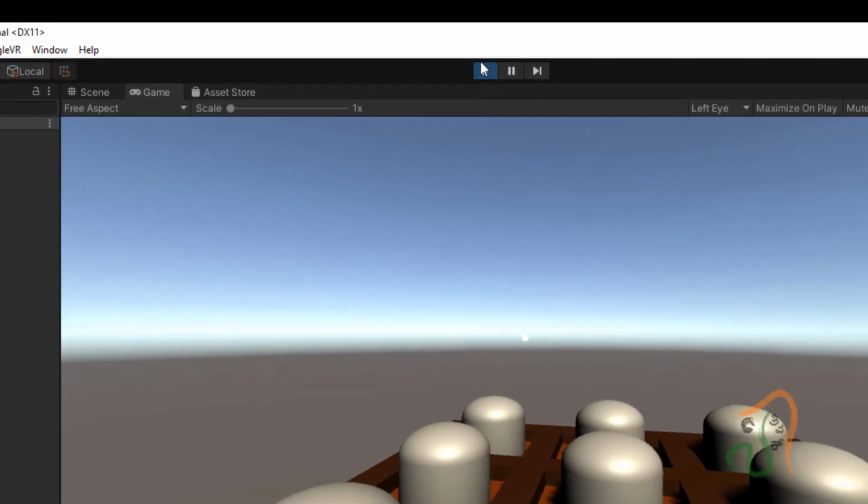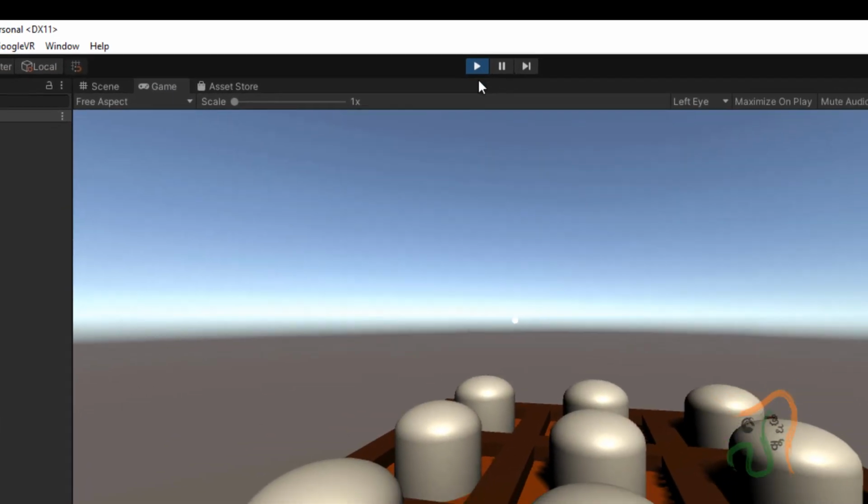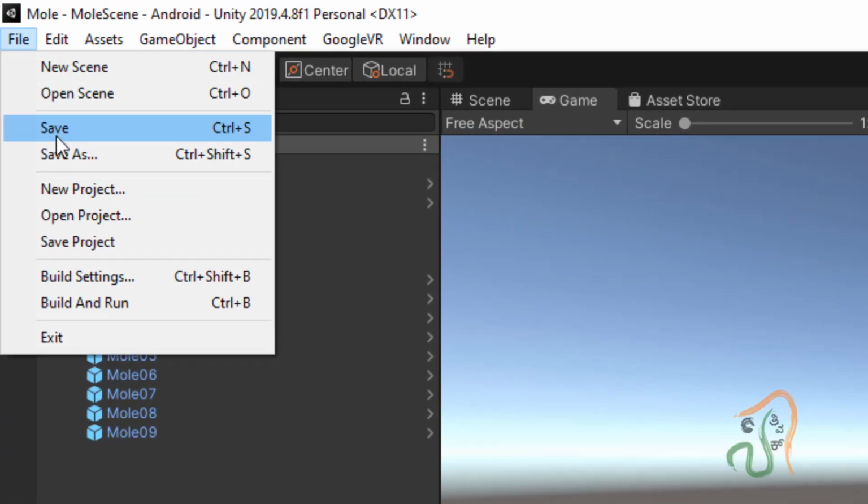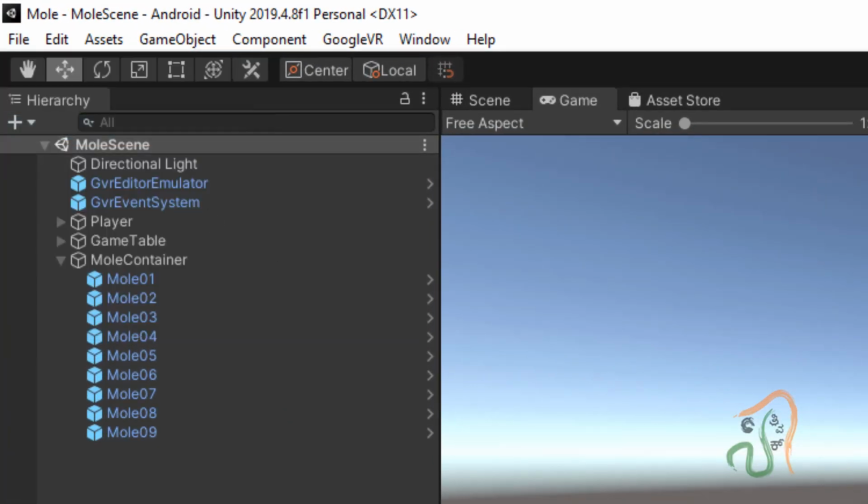Now stop the playback. So we have learned now how to add a particular function or trigger an event in VR and make a particular command execute. With this, now go to file and choose save to save this project.